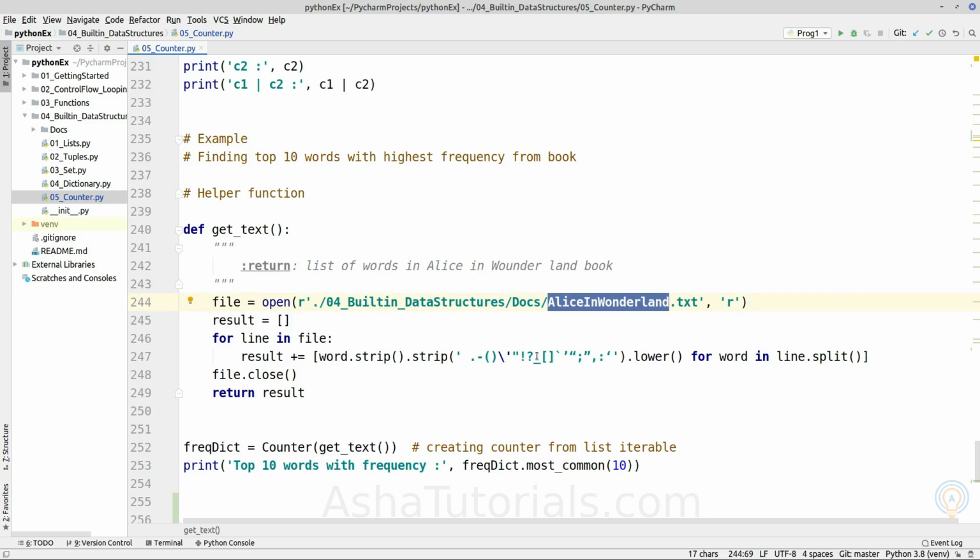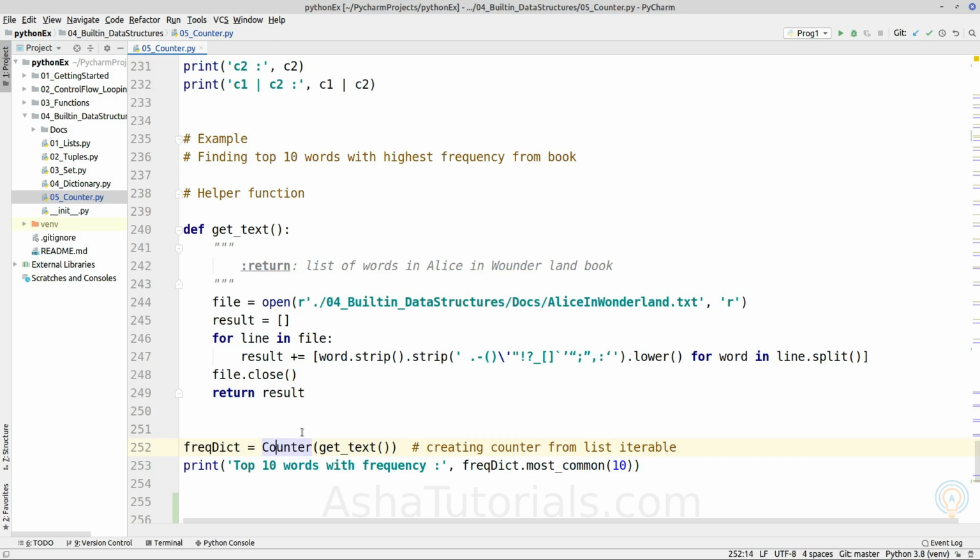For each sentence, it will extract words from the sentence and put them inside the list. Okay, so the same list we have provided here to the constructor of a counter, which will count the number of occurrences of the given words.